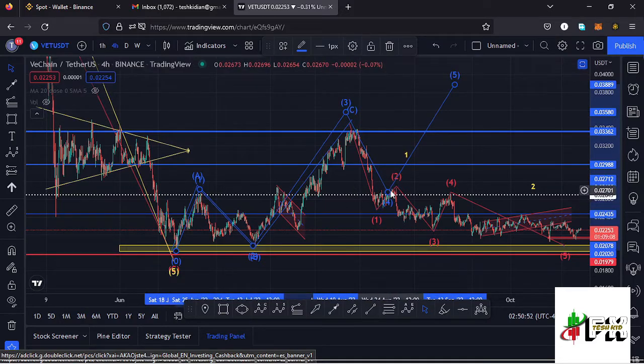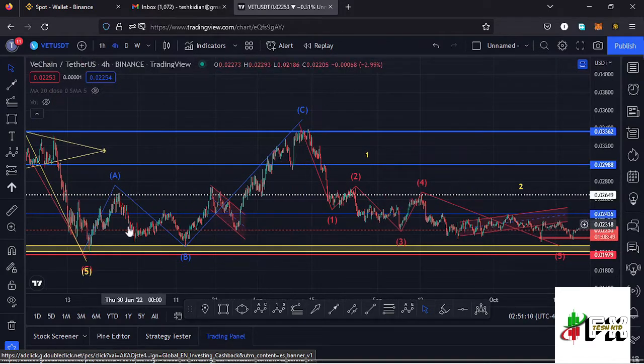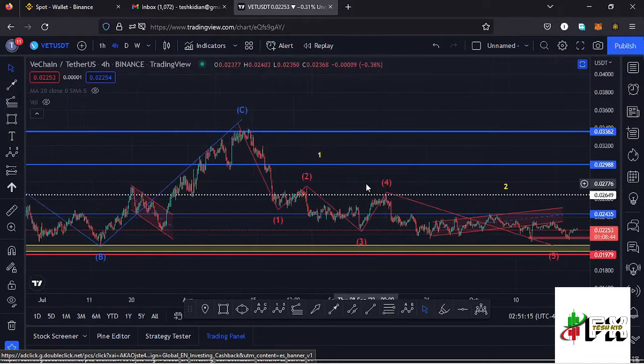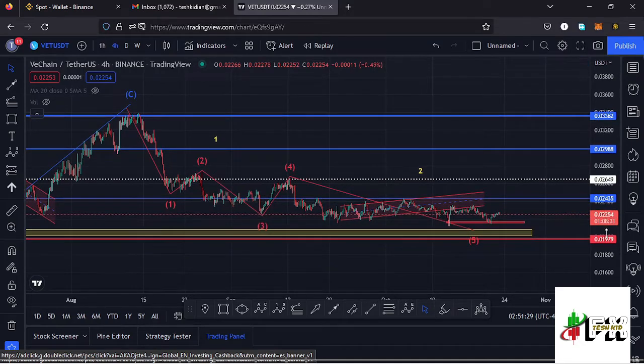And having done so, I had to remove the Elliott wave structure from my charts and view this movement to the upside as something else. The only way we can view that movement to the upper side is just an ABC corrective movement that was correcting that impulsive movement that gave us a low at around the $0.02 mark. And after finishing the formation of an ABC corrective movement, whatever we expect next is the formation of a 5-wave structure, and I believe that is what you are seeing over here, having this as the wave 1, then a wave 2, a wave 3, a wave 4, and then completed the formation of that higher Elliott wave count 1 through the formation of a wave 5, giving us a low at around the